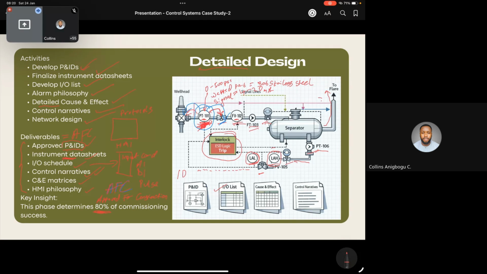So the cause and effect matrix essentially lists all the instruments, right? And let's say if instrument one fails, what are the effects on the process? So if, for example, we have a level,